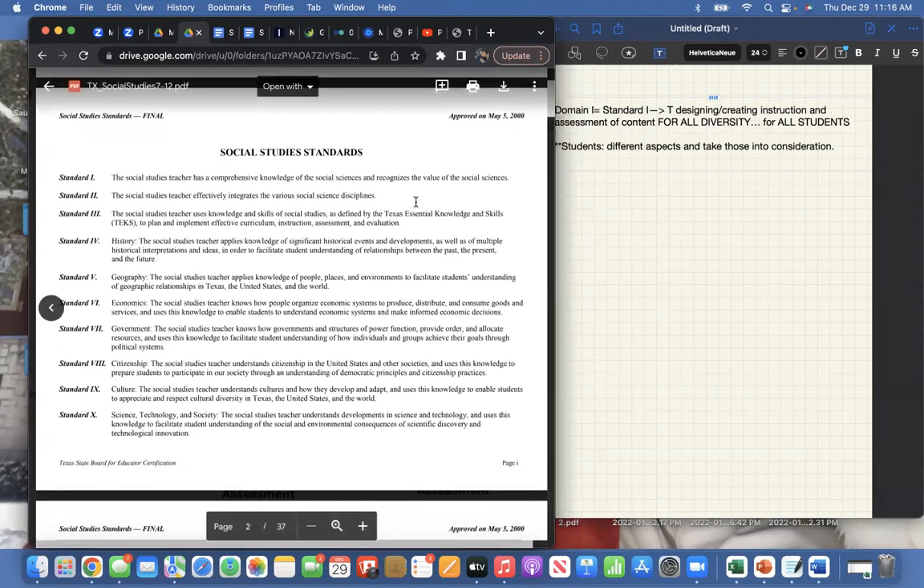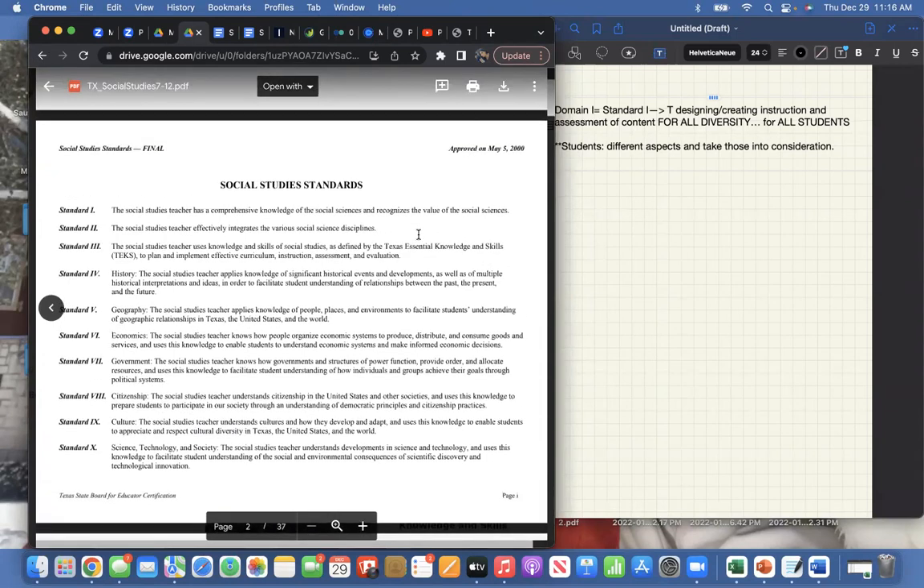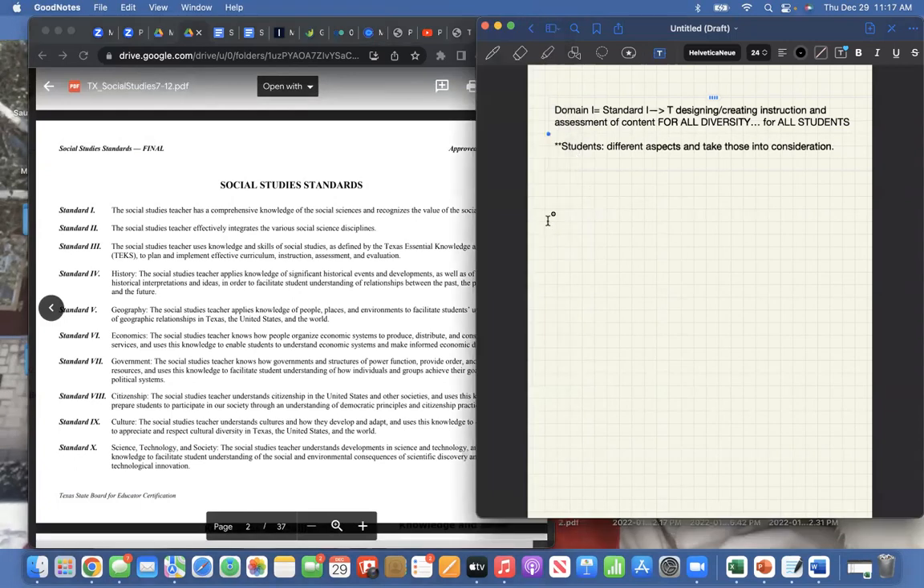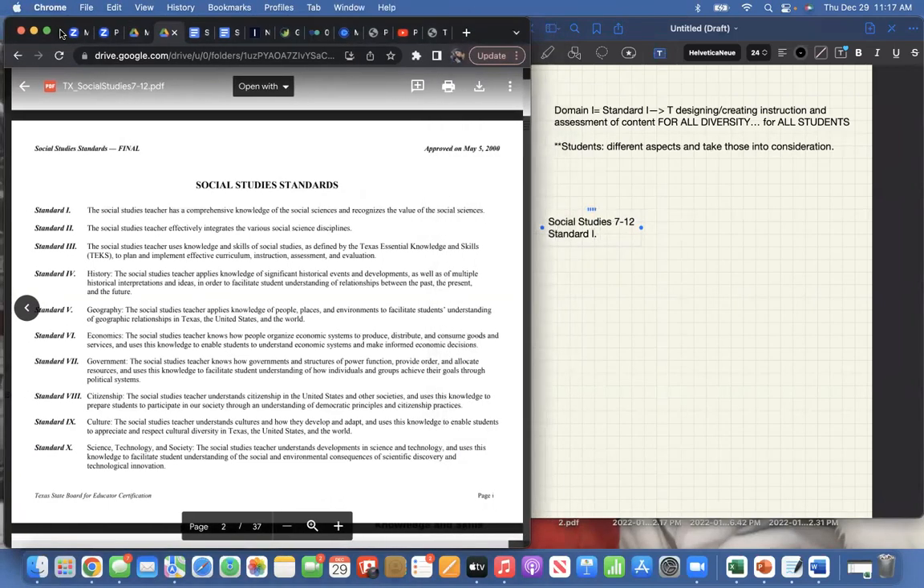So each one of these you would paraphrase in your own words. For instance, standard 1. I was doing the PPR yesterday, but let's do social studies for 7 through 12. So, standard 1, a social studies teacher has comprehensive